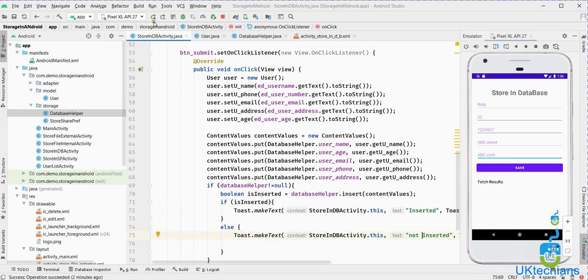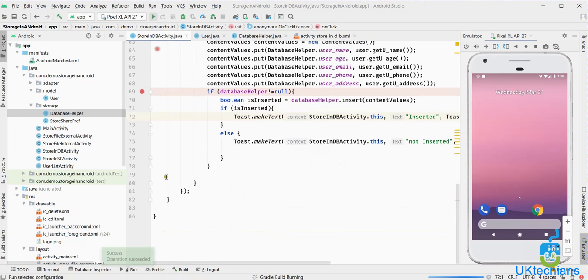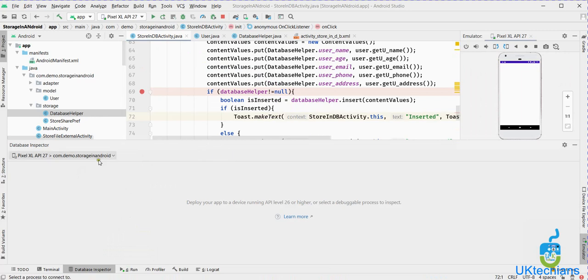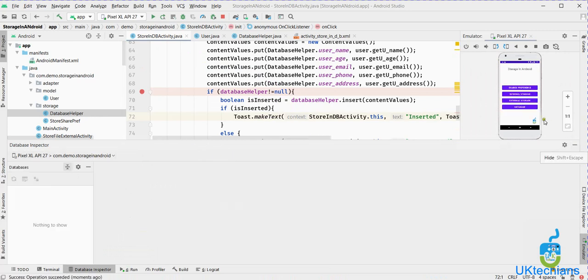So let's run it again and we will change the record and update it. So let's see what it will return.